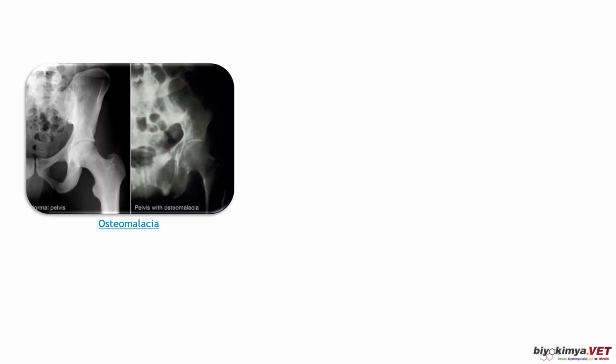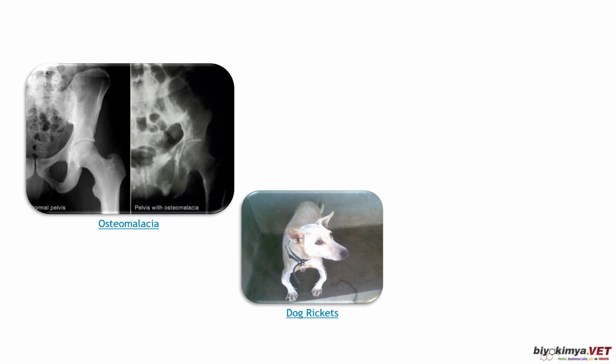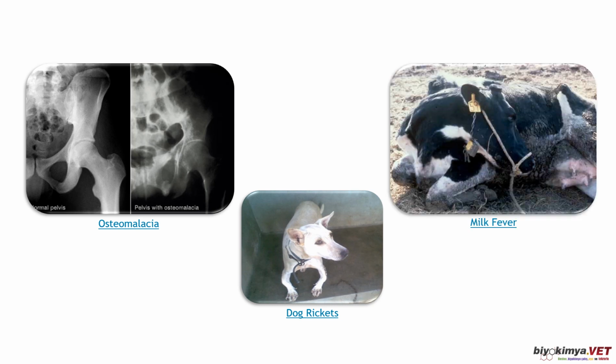And here in this picture, this is a radiograph showing osteomalacia, and in the coxa, the loss of bone integrity in the pelvis area. This is a normal pelvis structure, and this is the pelvis structure with osteomalacia. And in rickets, seen in a dog here, the abnormal development of extremities, and here the milk fever, which is seen in cows, especially after parturition, due to the calcium depletion.